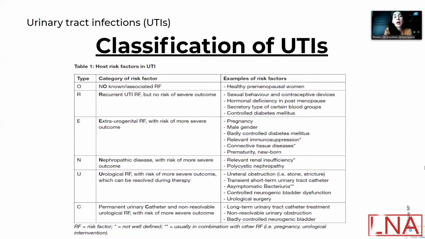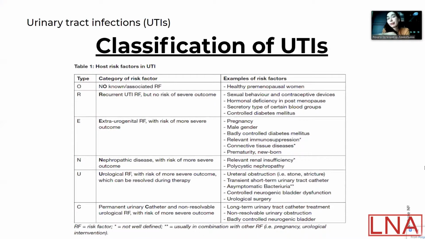Classification of risk factors, which can be host factors of urinary tract infections. Looking at this classification, we can separate it into O, R, E, N, U, and C groups of factors. It's a special classification for urinary tract infections, preserved in the guidelines. In the first line, there is the category of the risk factor. In the other line, there are examples of risk factors. For example, O, no known or associated risk factors. For example, healthy